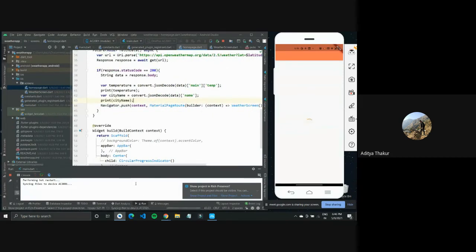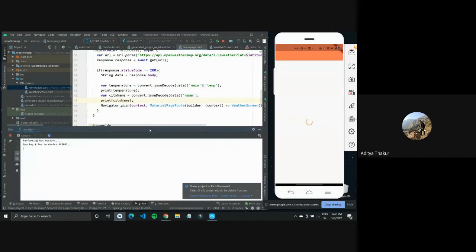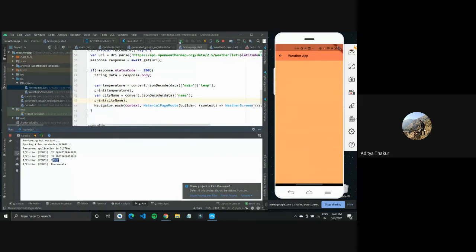So let's try to run this application now. It has restarted the application, got the location, printed the name, and then you would see it has shown the new screen. Initially there would be a small time delay where this is the home screen, and then the new screen is pushed on top of it.